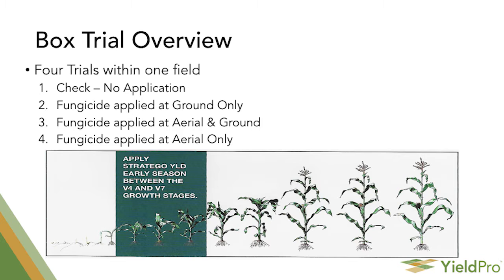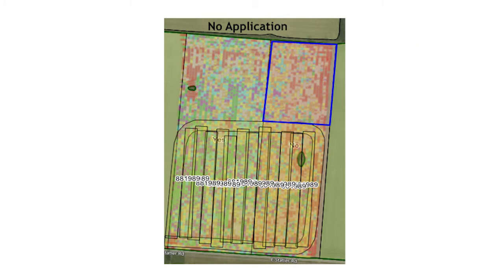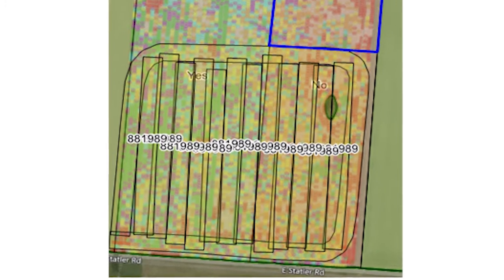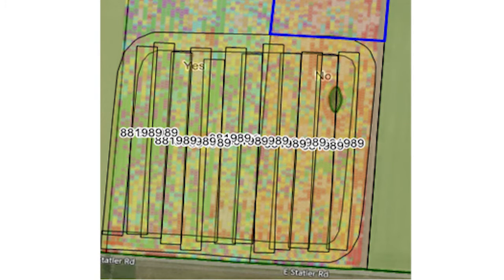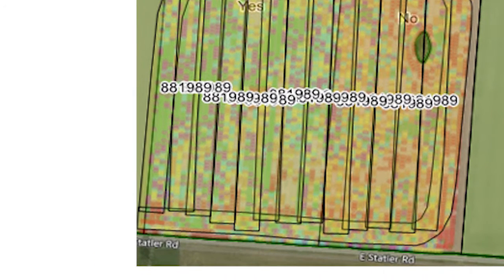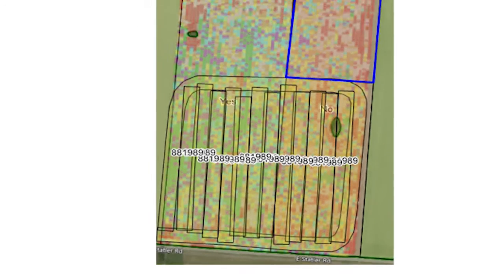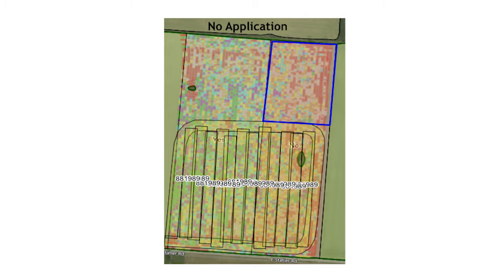So as you can see in this trial here, the very top part, top left, has no application. The next door to that would be the early season application. Down from it, where the numbers are, that would be the early season and aerial application. And then the far left side, which would be the bottom left side, is just the aerial application. And then we take the yield measurements from the middle of each of those spots